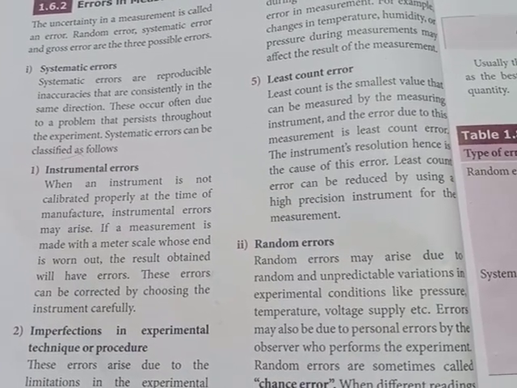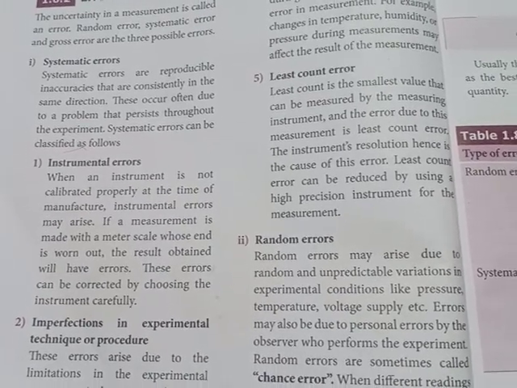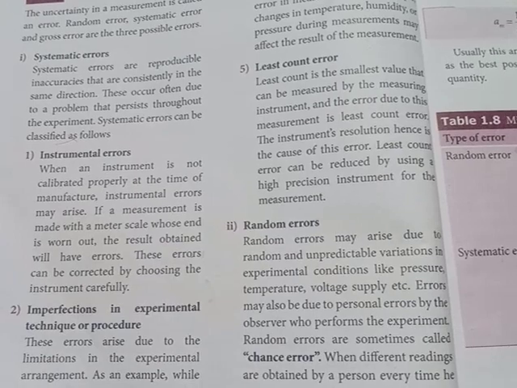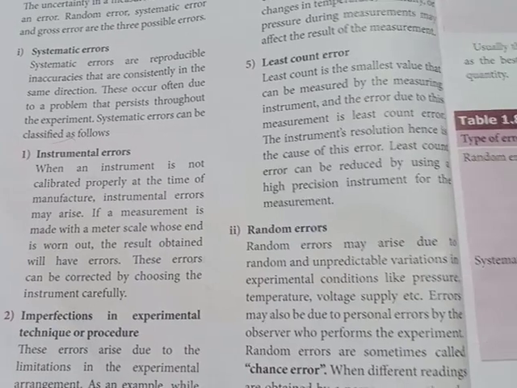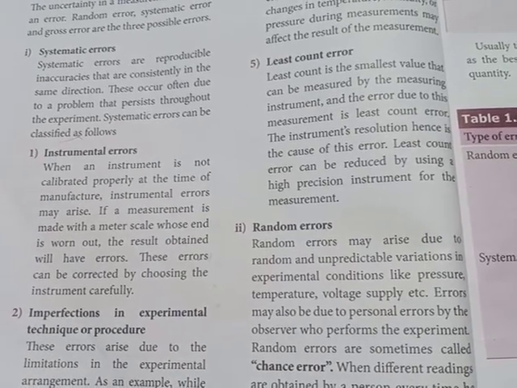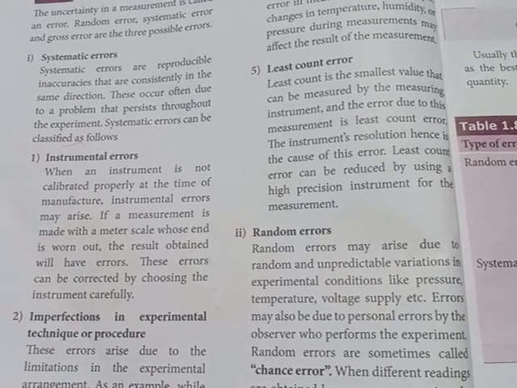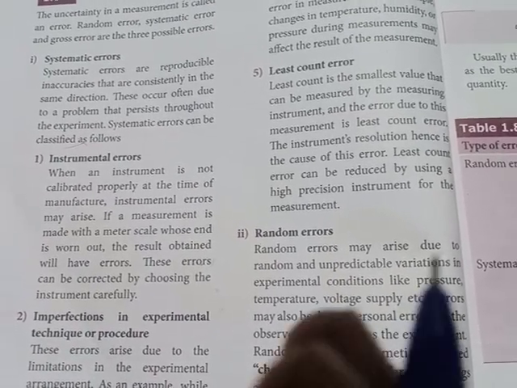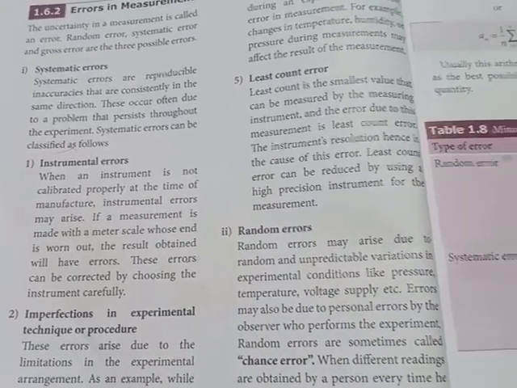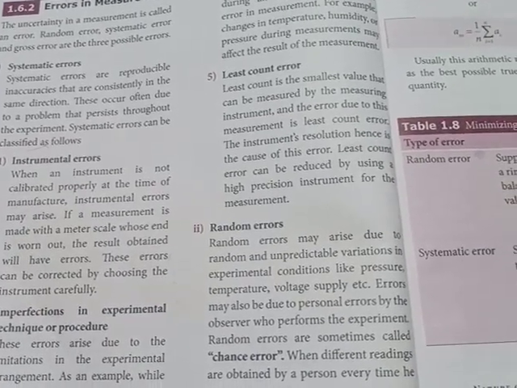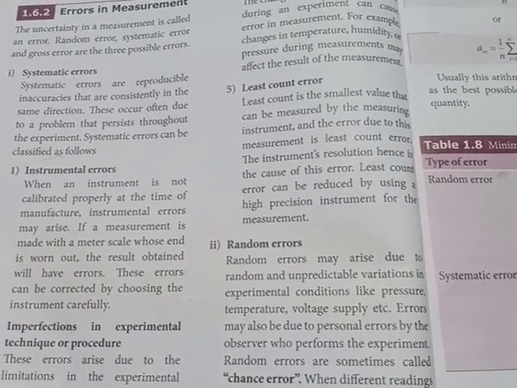some errors occur due to the instruments. When we are doing an experiment, we use many instruments, ammeter, voltmeter, rheostat, like that, many devices. Whenever you use a wrong instrument, we can see that error will always come in our reading. Not only that, another thing is, suppose you are doing a heat experiment,